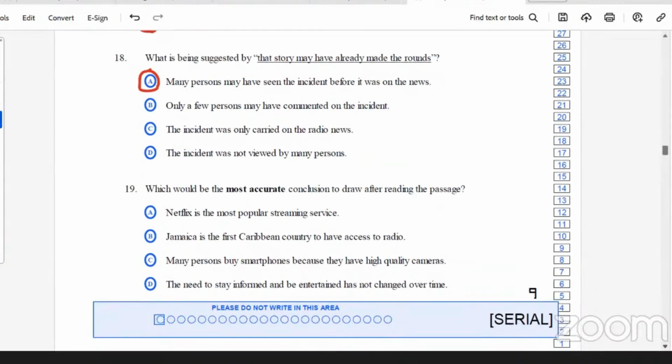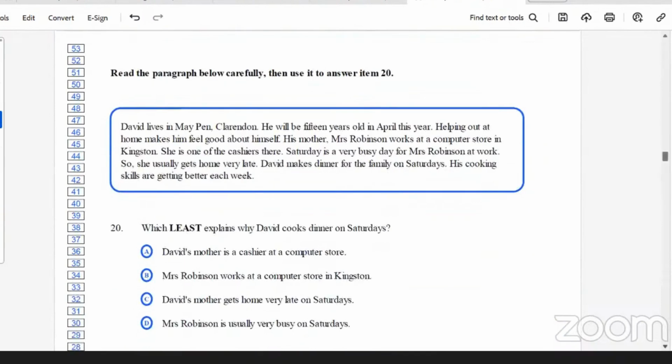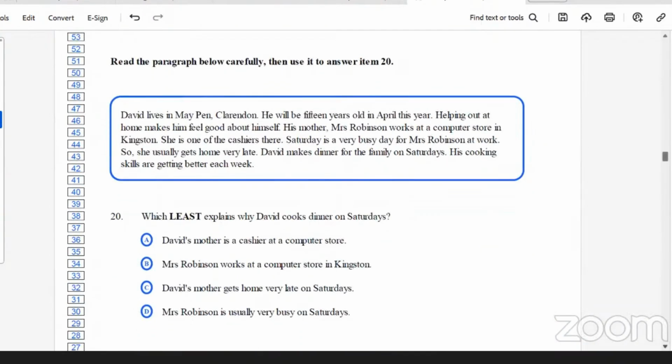Okay, question 19. Which would be the most accurate conclusion to draw after reading the passage? Netflix is the most popular streaming service. Jamaica is the first Caribbean country to have access to radio. Many people buy smartphones because they have high quality cameras. The need to stay informed and be entertained has not changed over time. The correct answer is D. And of course, let me remind you, you would go back to the passage just to make sure that's what your answer should be. All right, let's get to question